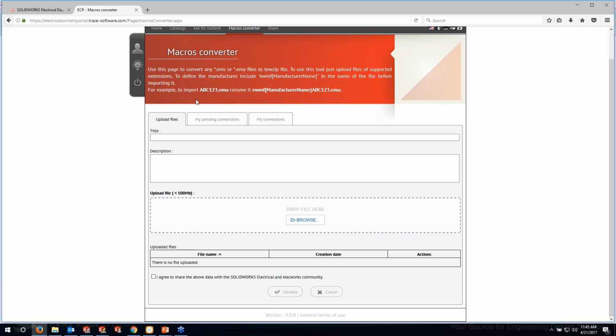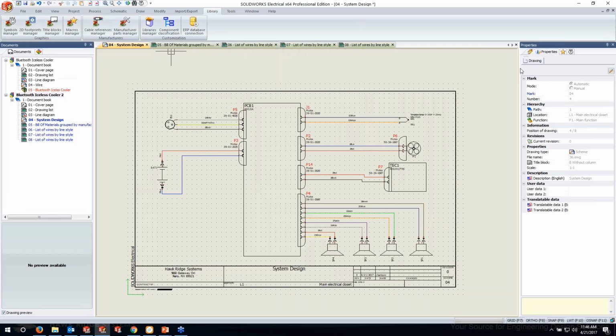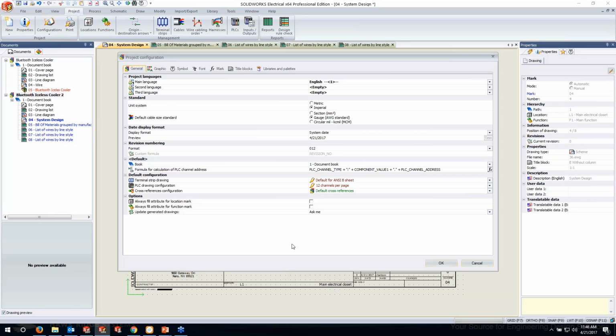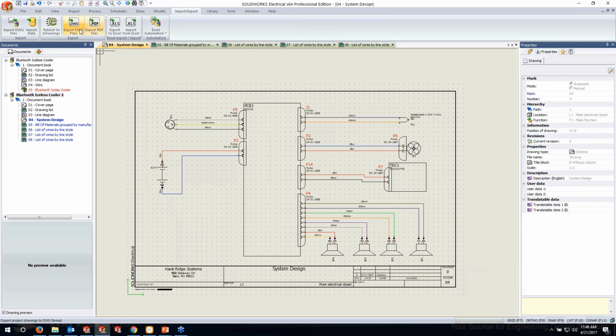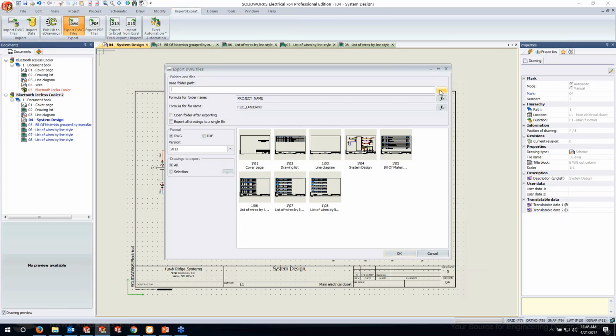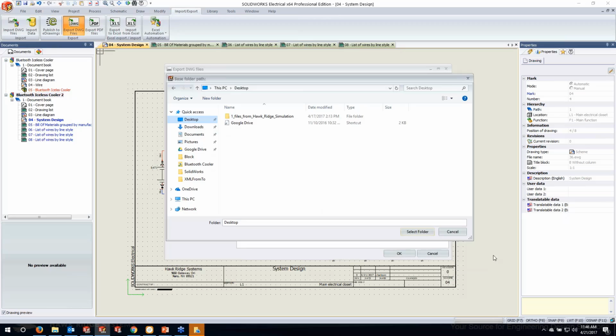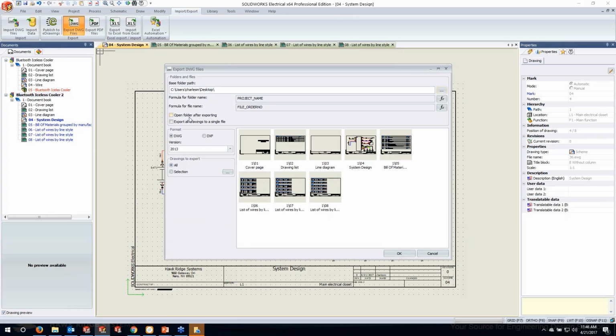Another question: is there a way to automate updating and generating all required reports and exports with one click? Yes and no. There is a new feature in 2017 that's part of the project configuration, and that's down here, update generated drawings. Right now it says ask me, you can say always, and what that's going to do is anytime you print or export, so if I export to DWG here, and we'll just put this on our desktop for now, it's going to ask me if I want to